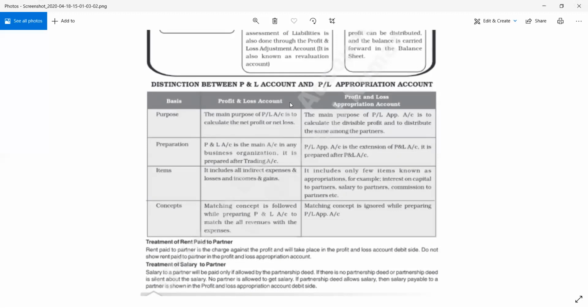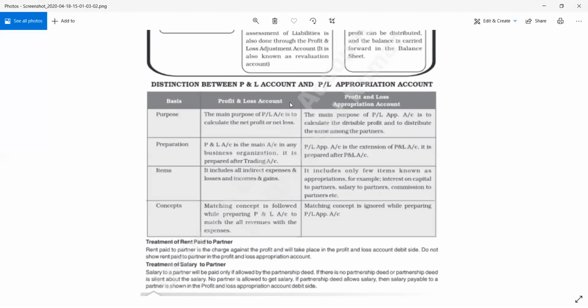लेकिन प्रॉफिट एंड लॉस अप्रोप्रिएशन अकाउंट ऐसा नहीं है। यहाँ पे वो सारे आइटम्स आते हैं जो प्रॉफिट में अपना हिस्सा मांगते हैं। अगर प्रॉफिट हुआ तो उन्हें देना पड़ेगा, जैसे सैलरी देना है पार्टनर को, इंटरेस्ट देना है पार्टनर को, कमीशन देना है पार्टनर को। प्रॉफिट होगा तभी ना मिलेगा, लॉस होने से कहाँ से उसको दोगे। ठीक है, क्लियर है।